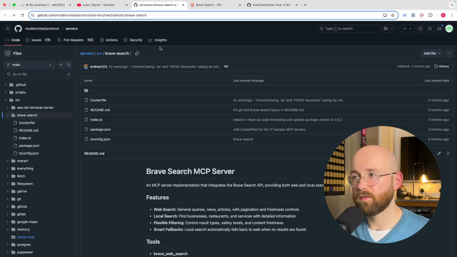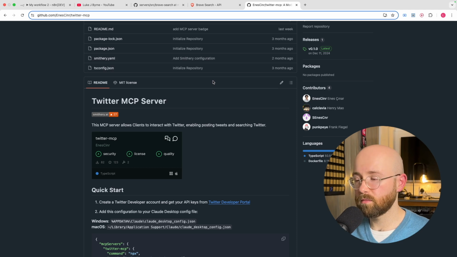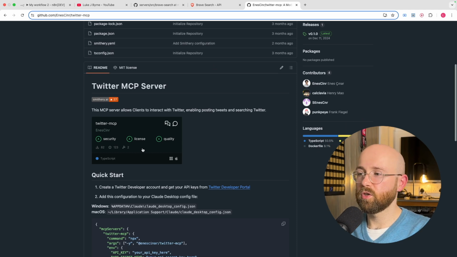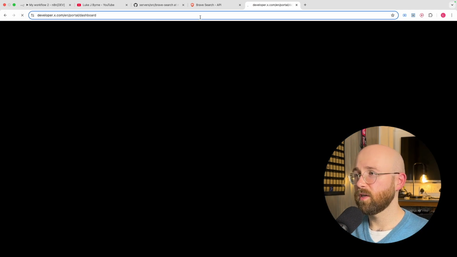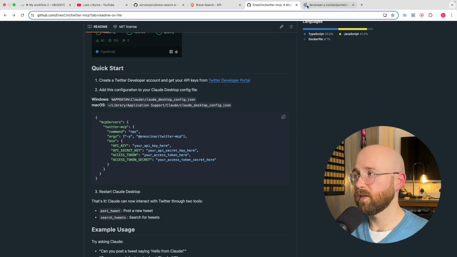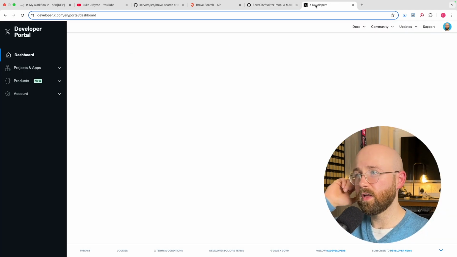Definitely use the official ones or the official-ish ones, but other ones, just be cautious. So here, quick start, we need to create a Twitter developer account and get your API keys. For me, this was a little bit of a nightmare, not going to lie, but essentially if you go to